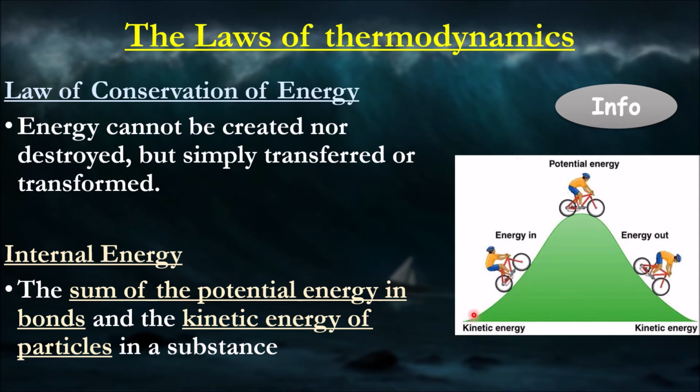Now, the best example of the law of conservation of energy is imagining you're cycling up a hill and then cycling down a hill. When you're cycling up a hill, you're using energy to move from one position to another. That moving motion is kinetic energy. As you move closer and closer to the top and reach the top, you have potential energy. The potential energy here comes from the ability of gravity to pull you, the cyclist, back down to the bottom of the hill. So that's a conversion: kinetic energy converting into potential energy.